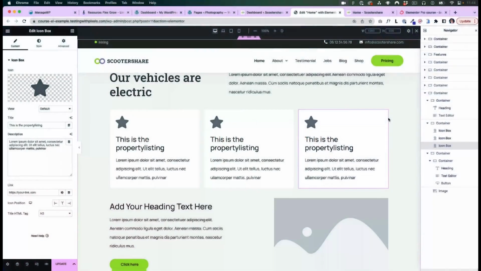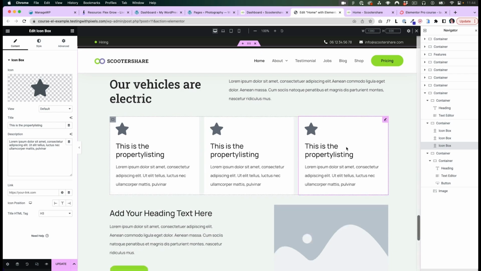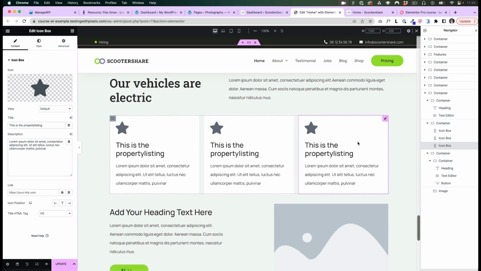This is an episode that requires your brain to work a little bit harder because we have to talk about math. Because the Flexbox calculates a lot of things with math based on pixels. So right now we have just used Elementor's brain in order to calculate how wide these boxes should be. But if you want a truly responsive design, then you will need to use some math, unfortunately,